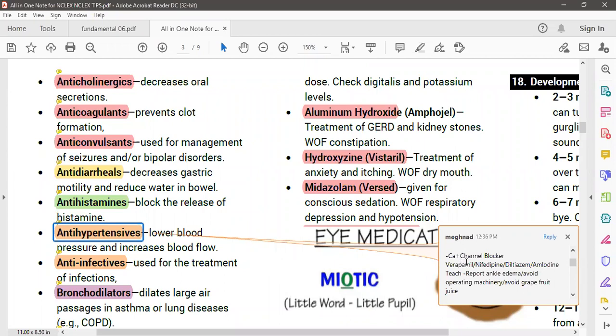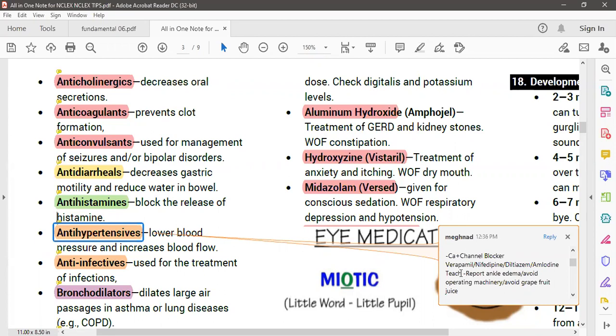So if we need to give calcium channel blocker, what should we educate our patient? Tell your patient if they develop ankle edema, they should notify the healthcare provider. The common side effects of calcium channel blocker: they can cause hypotension, headache, or peripheral edema, GI upset, or flushing,